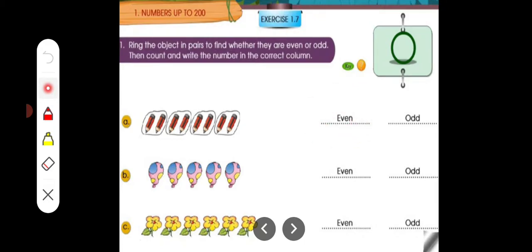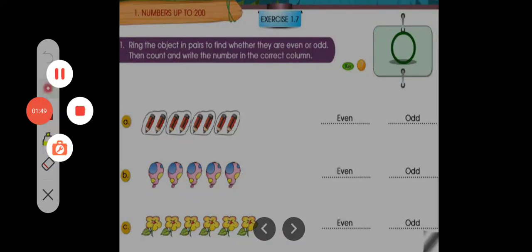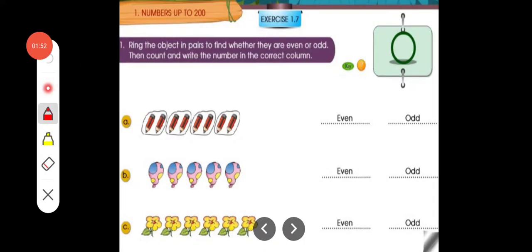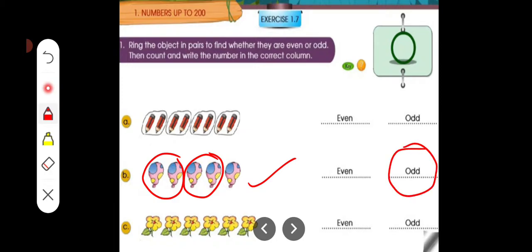And if we are going to mark this one, see here children, here 2, these 2, and here 1 remains. So it is called an odd number because it is separate. It is the odd one. We have a separate balloon here, so that's why it is an odd number, and this one is an even number. I already explained this before.